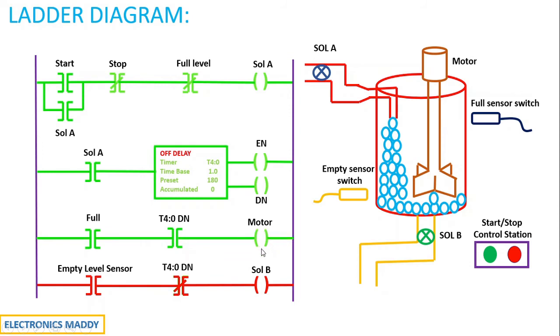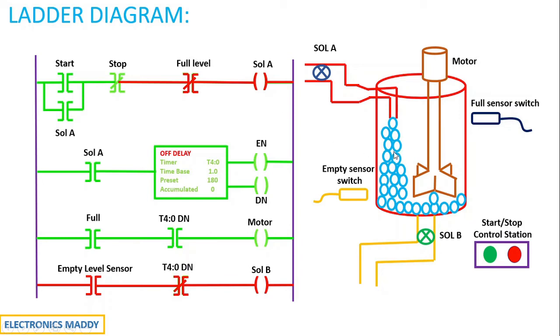Meantime, one more thing that you have to observe here is, once the full level sensor was activated, when this goes high, this will go low, isn't it? Because this is a normally closed contact and it acts complementary to that of the normally open contact. So this went high, consequently this will go low. As a result, the solenoid A is getting deactivated. So this is what our requirement was all about, isn't it? Once the full level sensor is high, solenoid A will be deactivated and the liquid should not keep flowing continuously. It should stop now. So the solenoid A is deactivated and we are able to achieve it.